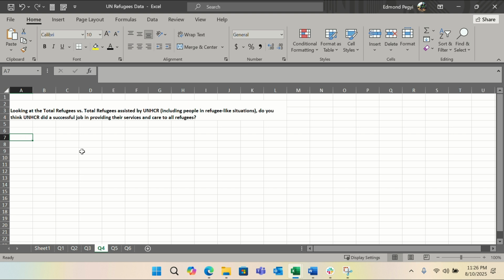We are going to use PivotTable to answer all the questions. So don't worry, with some few things like the graph I just did. So question 4. Looking at the total refugees versus total refugees assisted by UNHCR, including people in refugee-like situation, do you think UNHCR did a successful job in providing their services and care to all refugees? Okay,